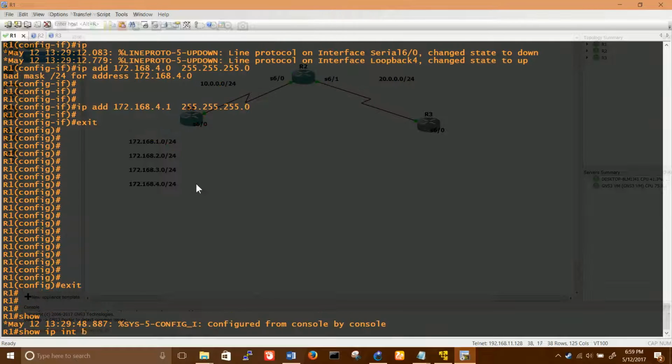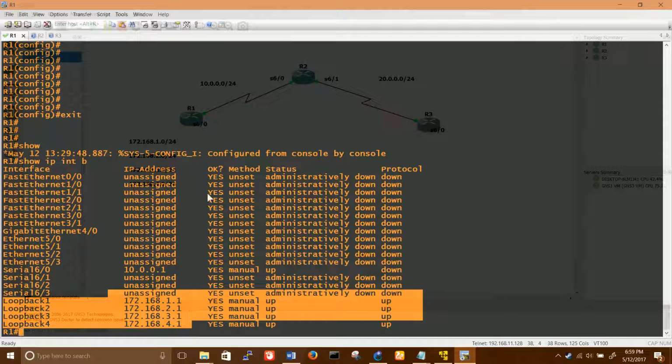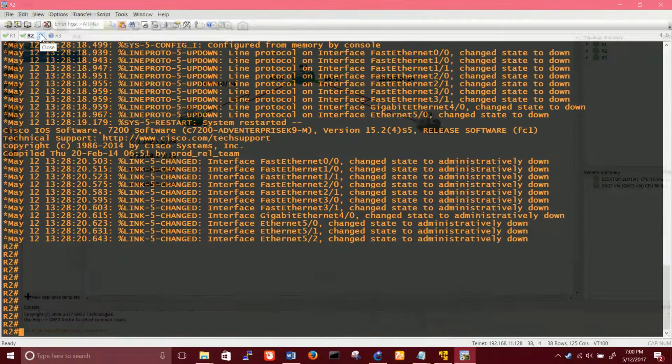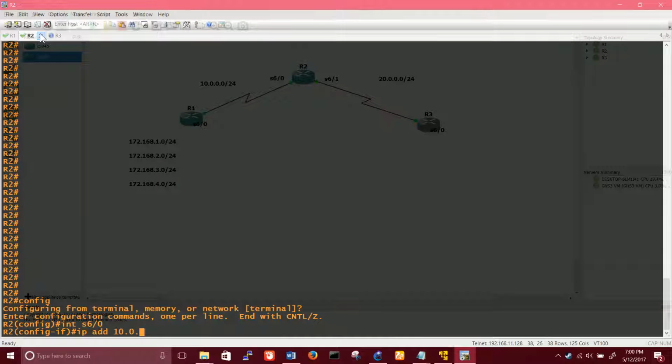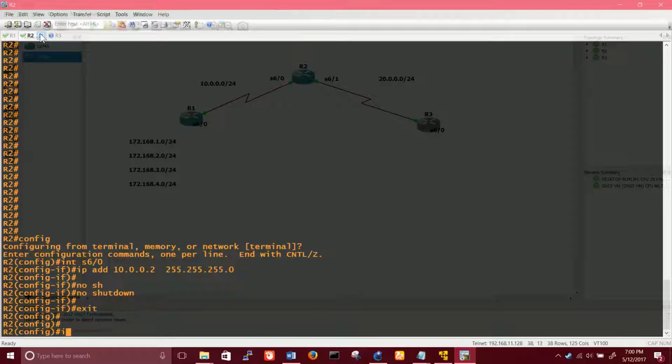Show ip interface brief. These are all the loopbacks that we have, and on the interface we have 10.0.0.1. So let's go to R2 and assign it as well. In here we don't have any loopbacks. We have only two serial interfaces. 6/0 IP address 10.0.0.2 255.255.255.0. No shut. Exit out.